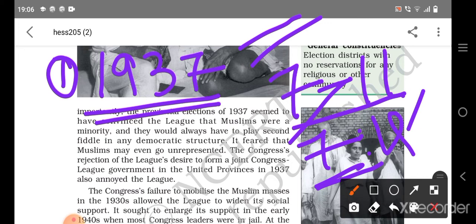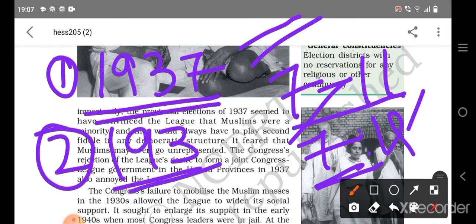And they thought that they will play second fiddle in any democratic structure. What is the term fiddle? Fiddle is basically a role. In this paragraph it means role. Otherwise, its English meaning is just a violin, and there are some other meanings also of the word. Okay, that's all. Now here the second reason comes: when the United Provinces elections happened in 1937,